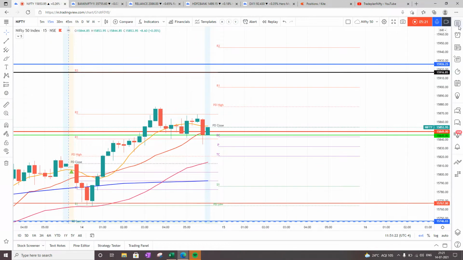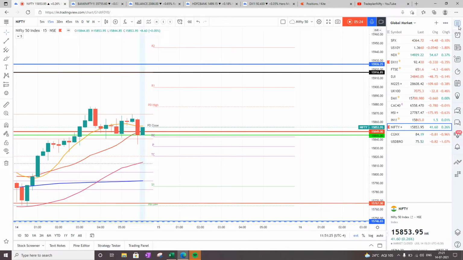Now it all depends where the market is going to open. So for open, I have three scenarios for tomorrow. As of now, SGX is at 15865, which is between pivot and previous day high, so within the range. So I will not be surprised if tomorrow we have a consolidating zigzag day, and tomorrow is